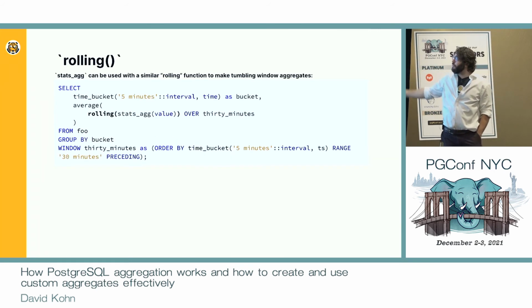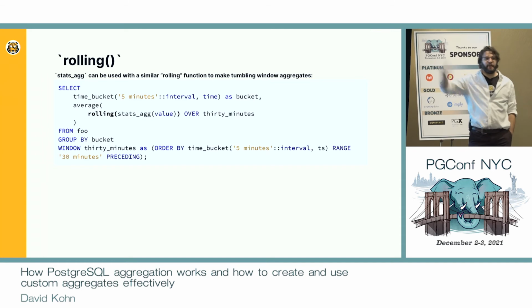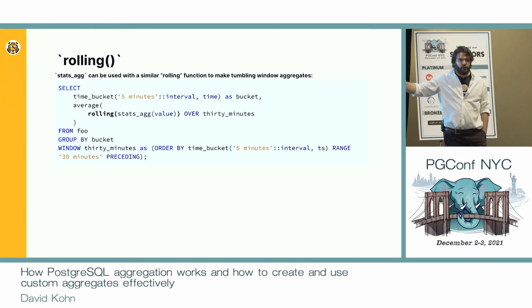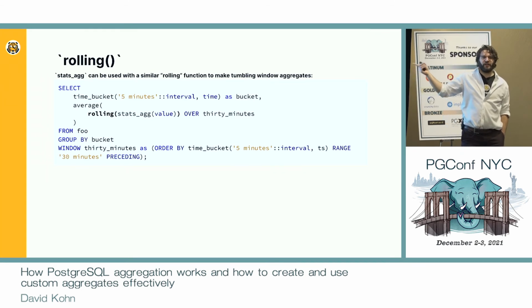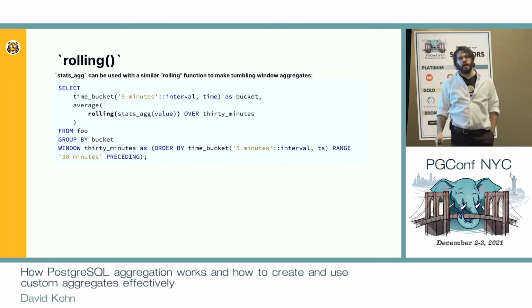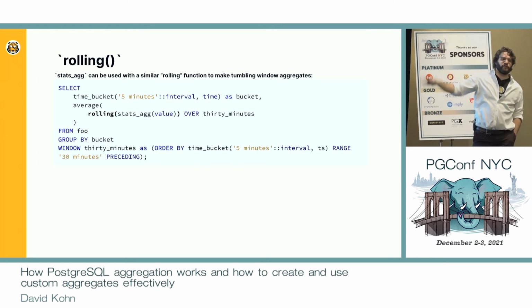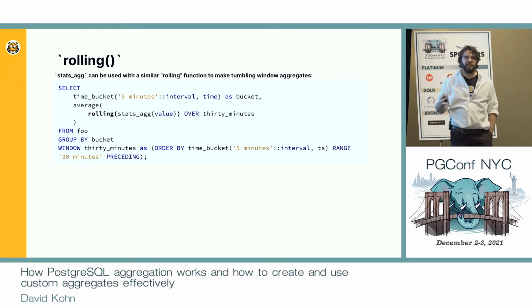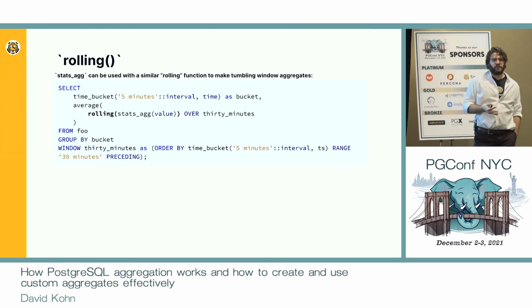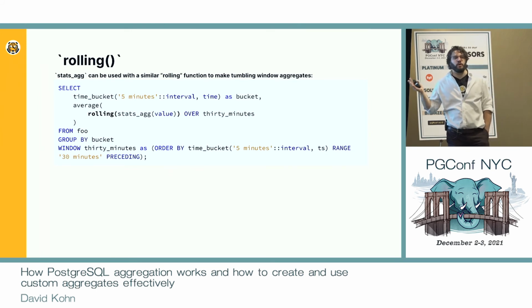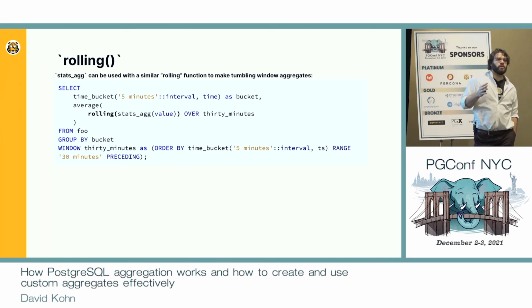And then we also have things like rolling. So this allows us to use it in window functions. For the most part, it's just a slight change to the keyword, but we also provide those inverse transition functions for some things, whereas we don't in the rollup case. It just depends on which one is which, but rolling allows you to do that in a window function context. So this allows you to create tumbling window aggregates, which are really, really helpful in a lot of cases, especially with continuous aggregates, but also